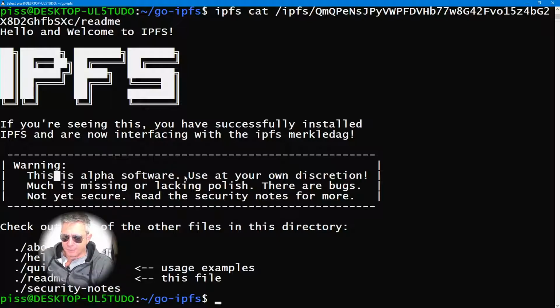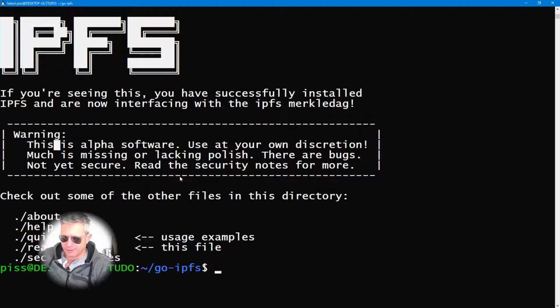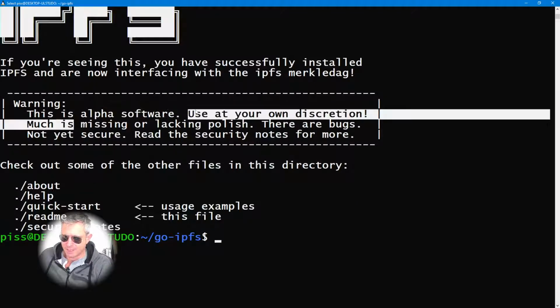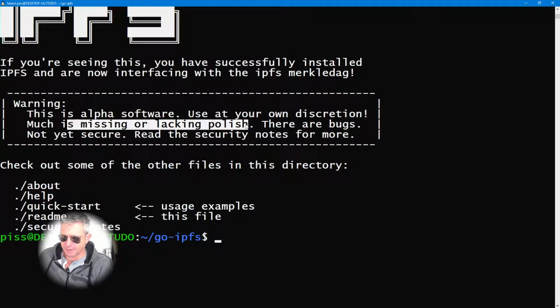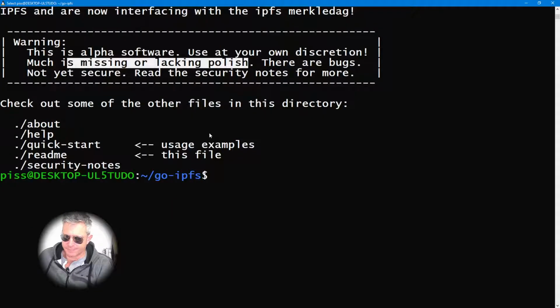This is alpha software. Use at your own discretion. Much is missing or lacking polish. Okay. If I was a better coder, I would offer to contribute, but I don't think I'm quite good enough for that just yet. So anyway,